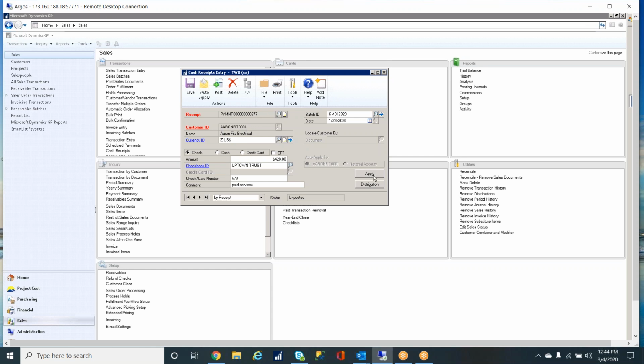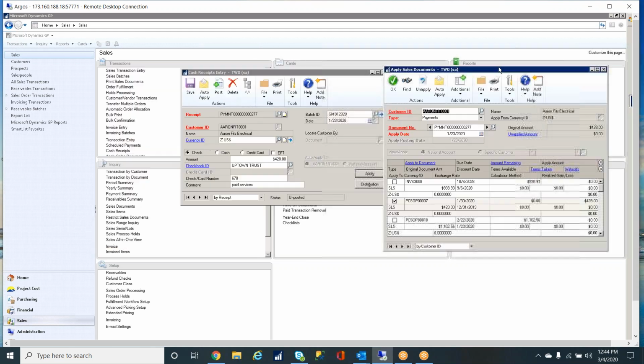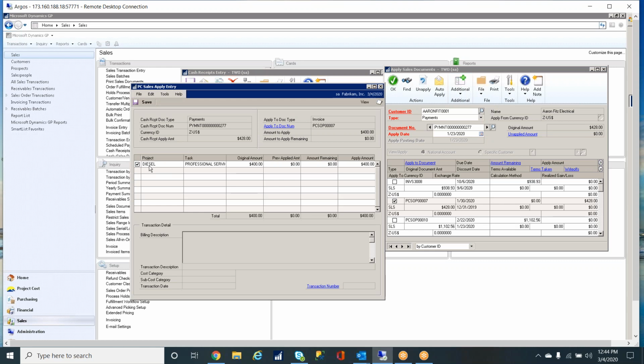And then we're going to see when we click on Apply that because our sales transaction was already tagged, the sales transaction PCSOP 7 was already tagged to our project and task. When I indicate here with a check mark that that's the document they're paying, I'm going to actually be able to pull down additional PC transaction entry. And I can see that it's this project diesel and it's this task professional services that is getting the cost and now getting the revenue